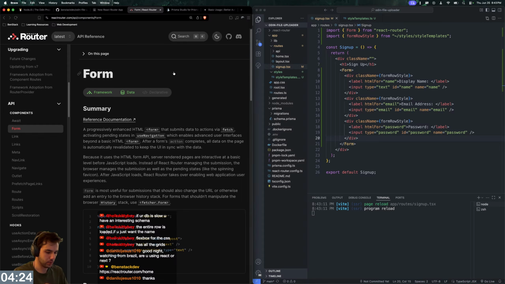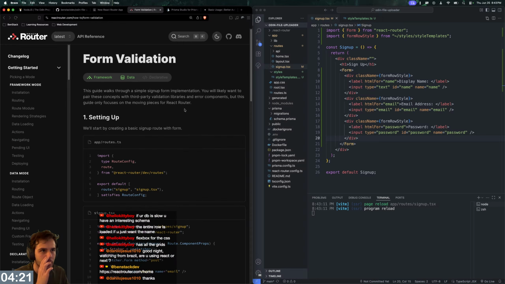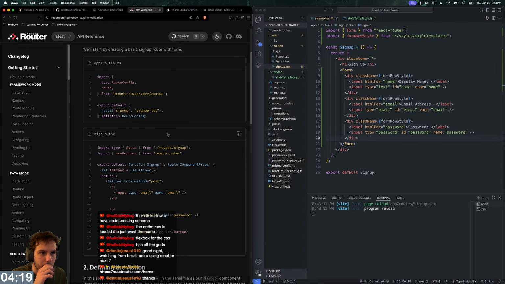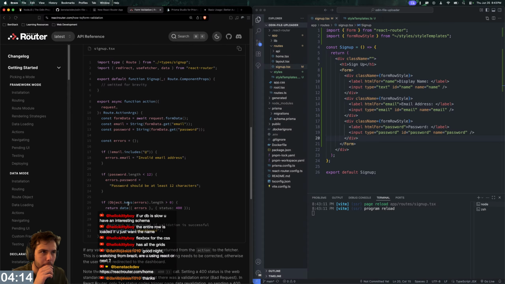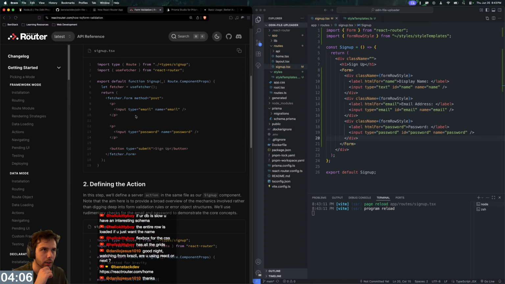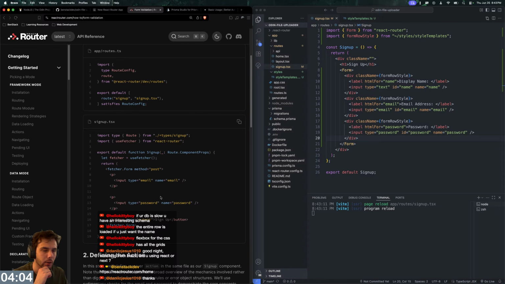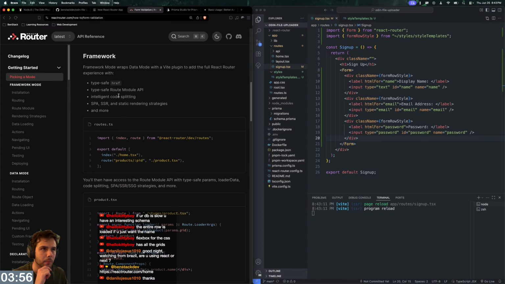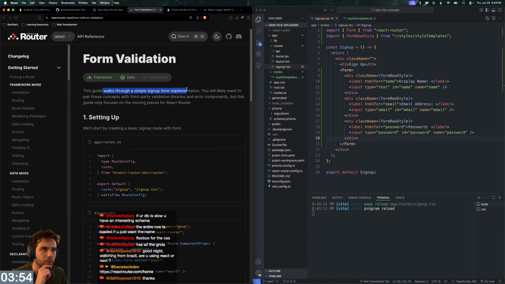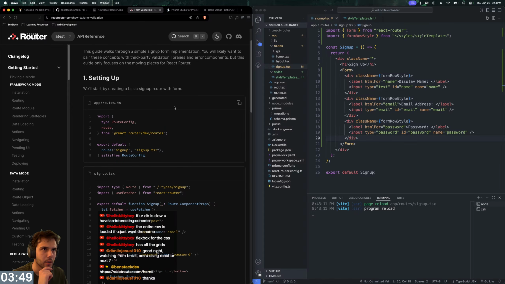React form validation. I wonder, form validation. Okay, so there is a thing for that. Okay, so we have password, submit. Okay, so that's cool. So we can do it as an action here. Okay, so we have our fetcher.form. Why are we using a fetcher? I don't know what the point of that is. This guide walks through a simple sign up implementation. You likely want to pair these concepts with third-party validation libraries. Okay,